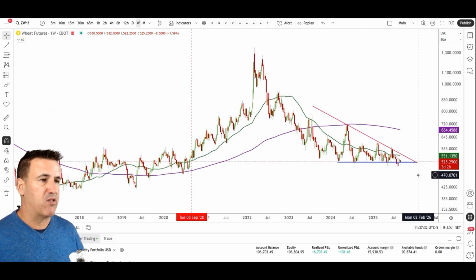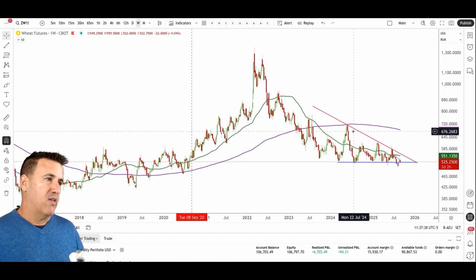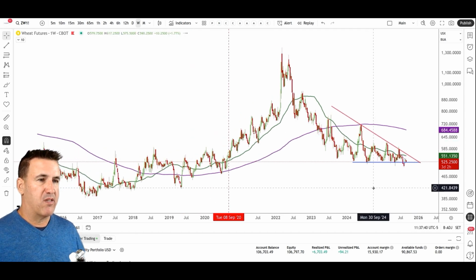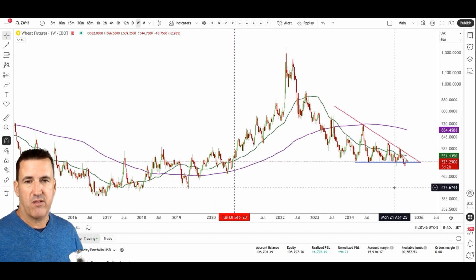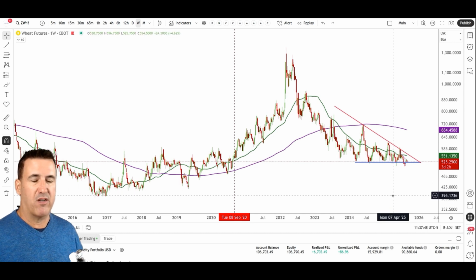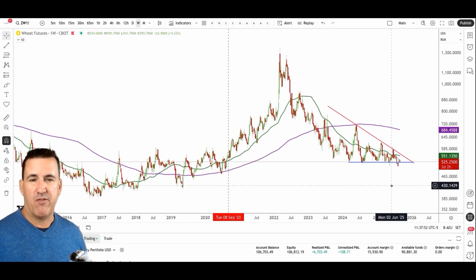How bearish? My next level of interest gets us down to that 470 level, say $5 for a round number, but I don't know. We break below there, and I think we've got to talk $5. We've got to talk $4. I can't imagine getting below $4, but we have to remain open to that possibility.